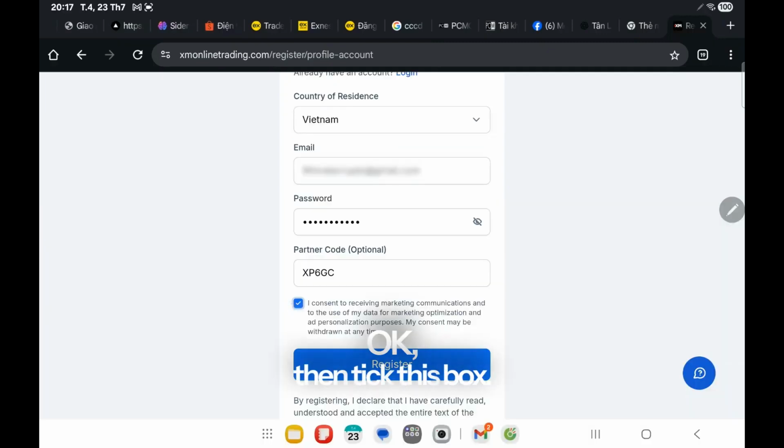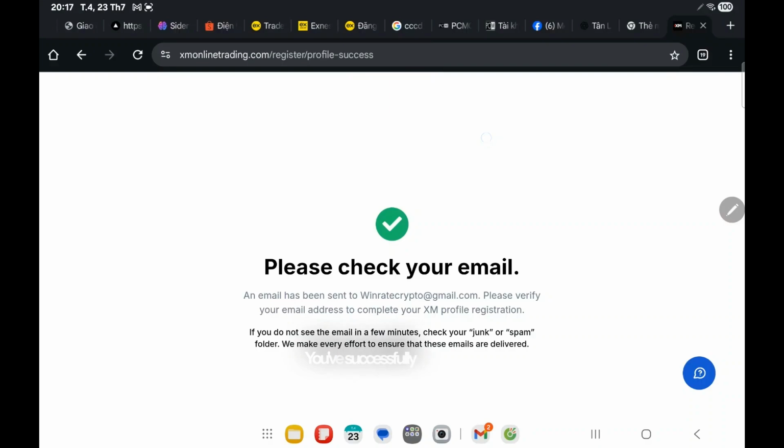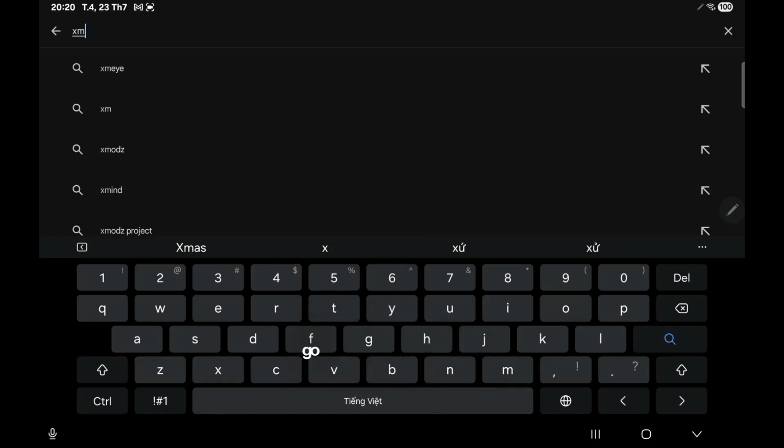OK, then tick this box. Now click register and OK. You've successfully registered. Next, check your email, and after you've opened it and verified your account, go to Google Play